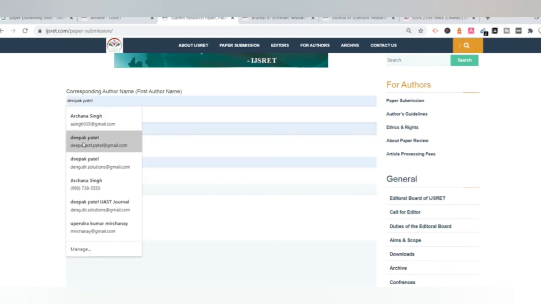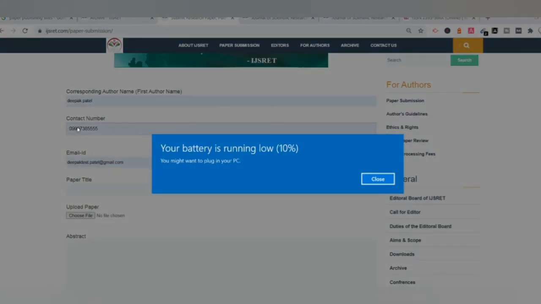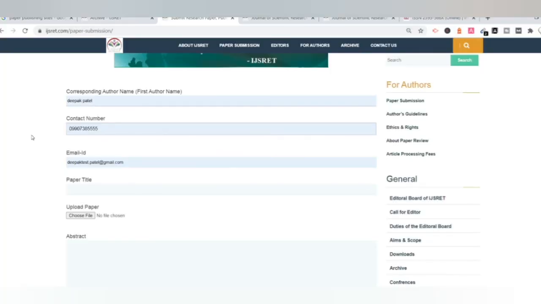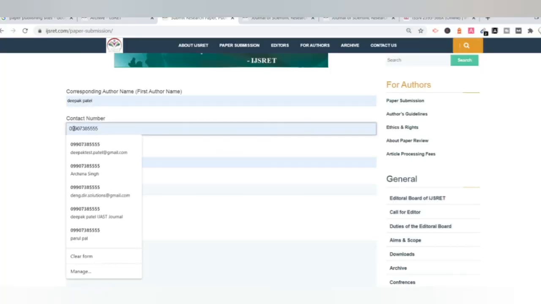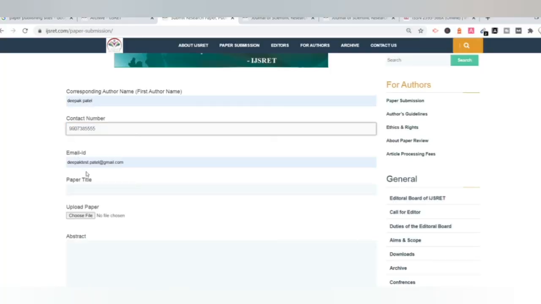Let's say it's Deepak Patel, and the paper title. Let's say, test, and select one file.